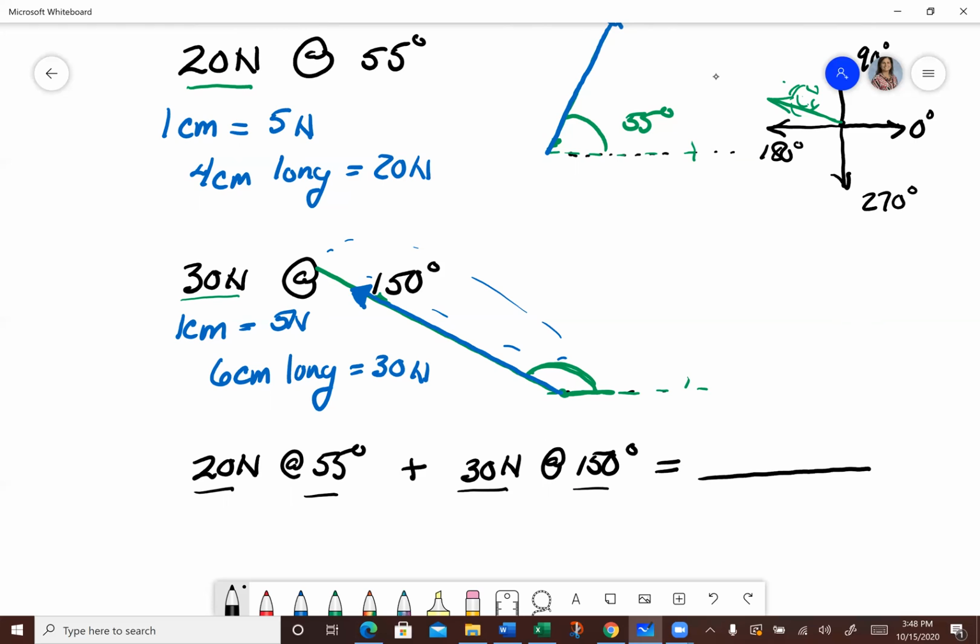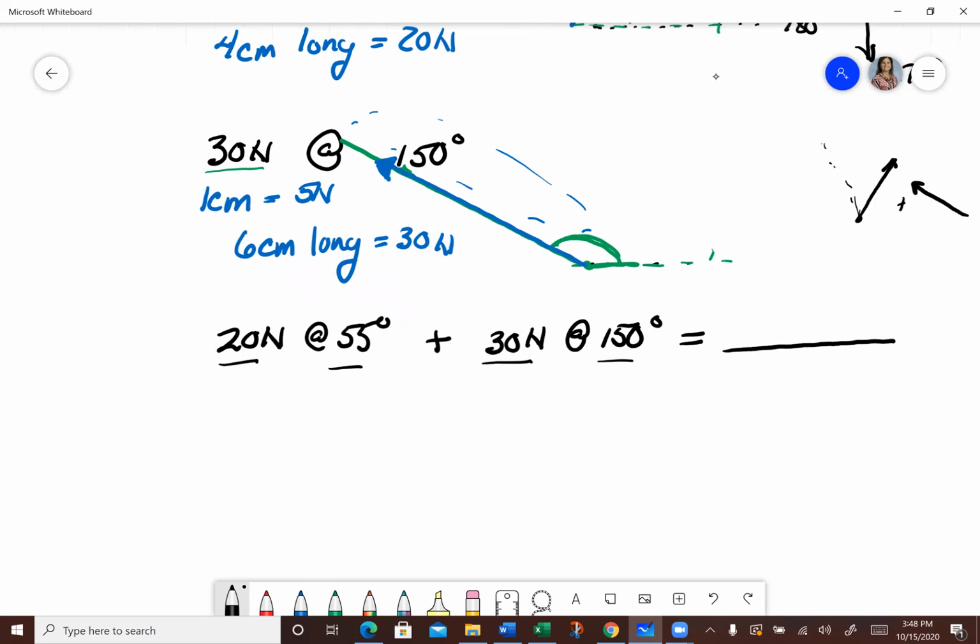You can imagine, I think we all have enough common sense to say, all right, if one is pushing like that, and another at the same time is pushing in this direction, you probably have an estimate that it might end up something up in here, correct? But we need an exact answer. The mathematical method gives us an exact answer. The graphical method allows us to predict. So in order to add these vectors,